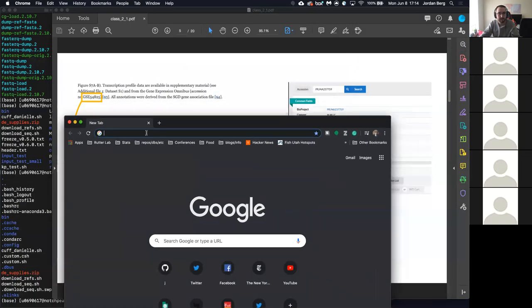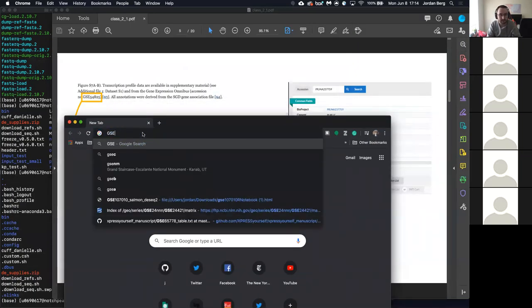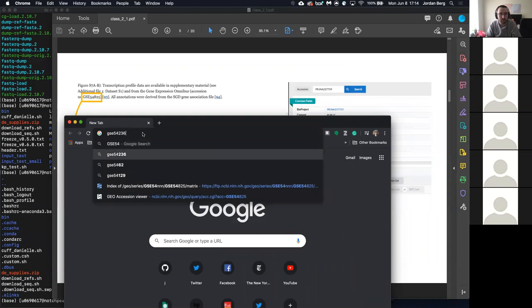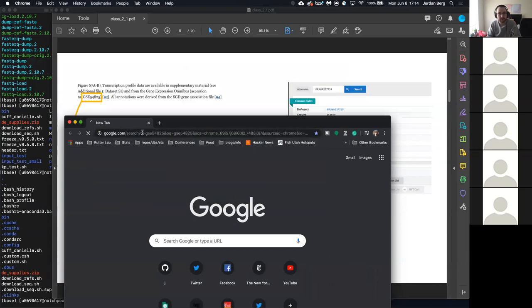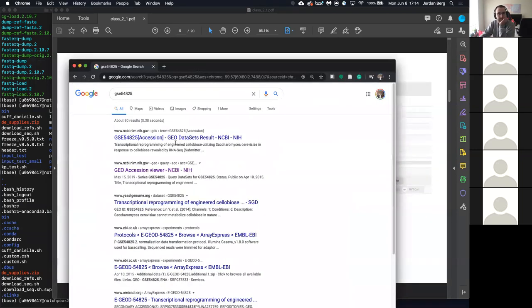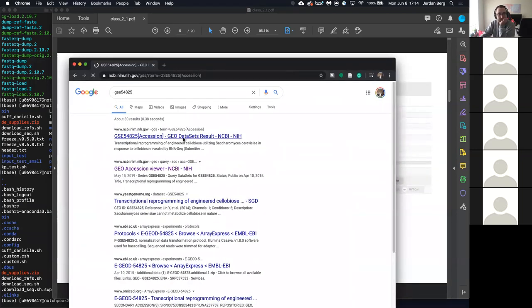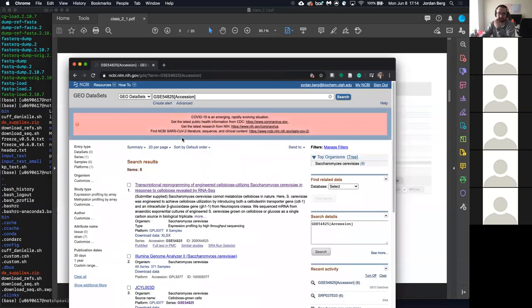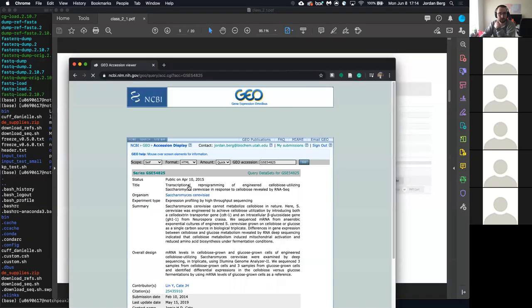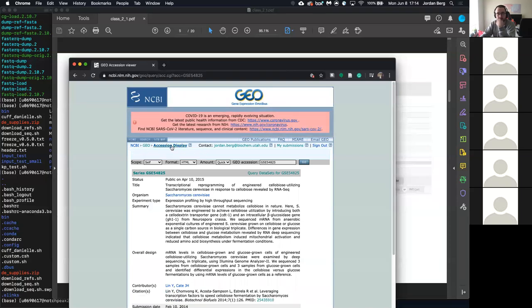Let's see, this is GSE54, wrong one, 825. Let's try that. Sometimes the search bar in the actual database is kind of wonky, so usually Google searching it is more efficient. So here you can see,